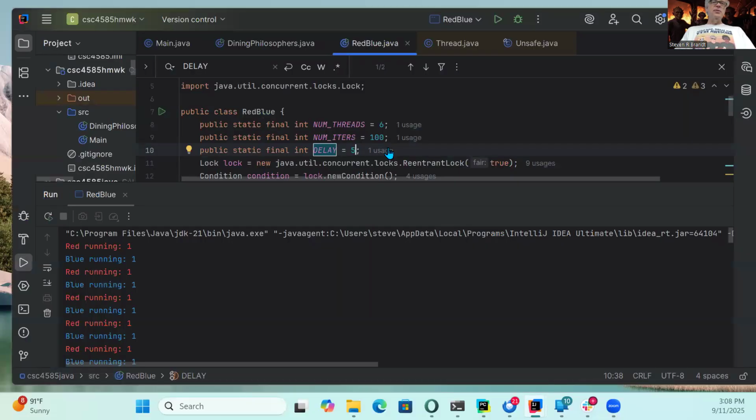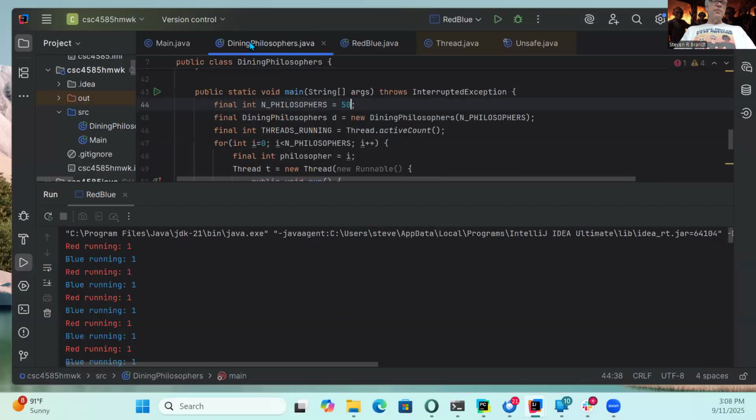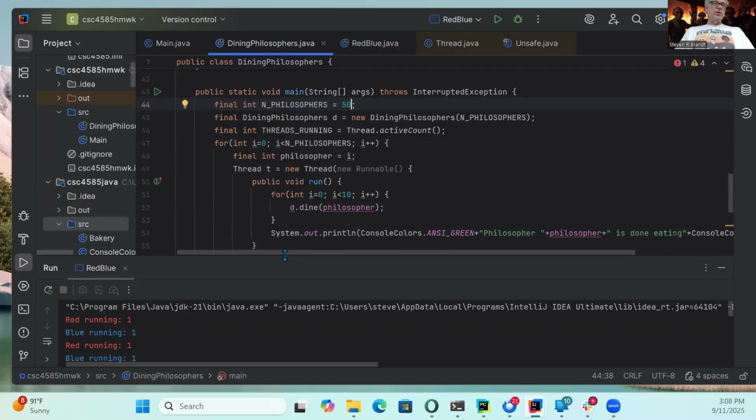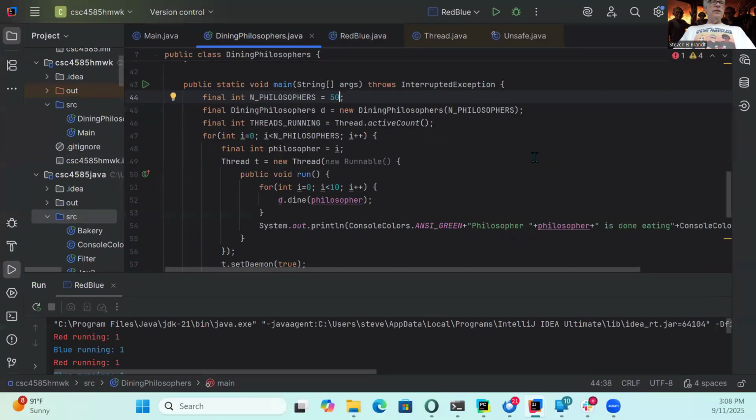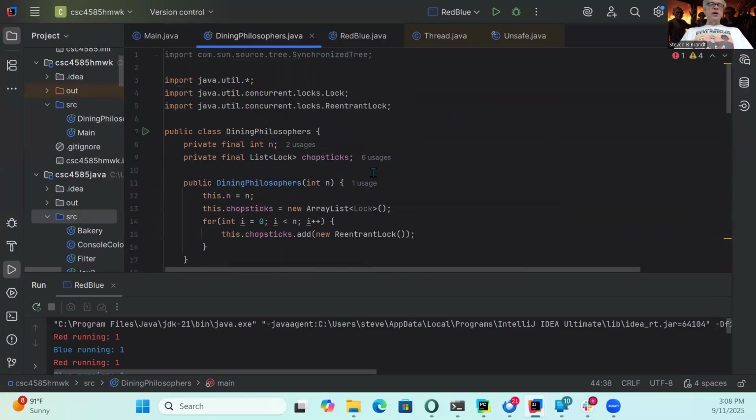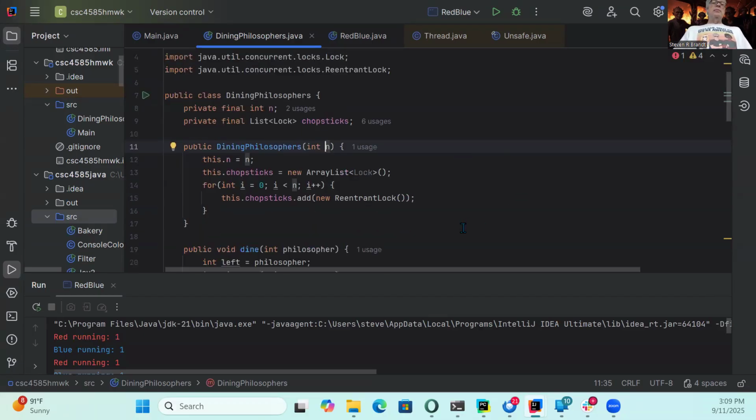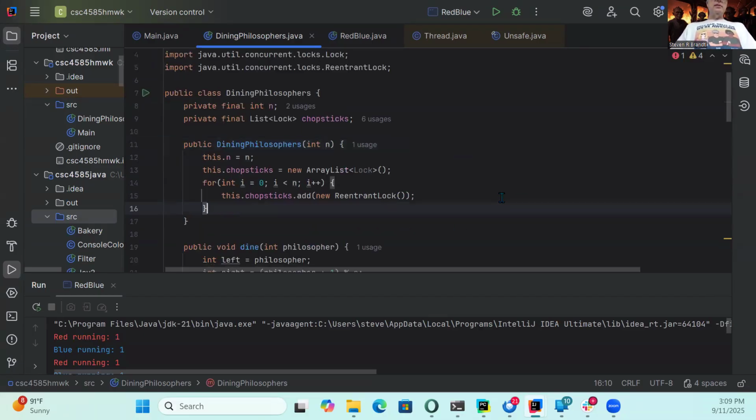All right, so dining philosophers. I'll give you an idea what I was looking for from that one. Here's my version of it. I have a public class, DiningPhilosophers. It has a constructor that takes a number of philosophers. Now, the key thing that we're doing here is we're representing each chopstick with a lock. If you pick up a chopstick, only one person can have a chopstick, so a lock is a good representation of that. I'm using a reentrant lock for that, like we always do. And I'm just initializing this in the obvious way.